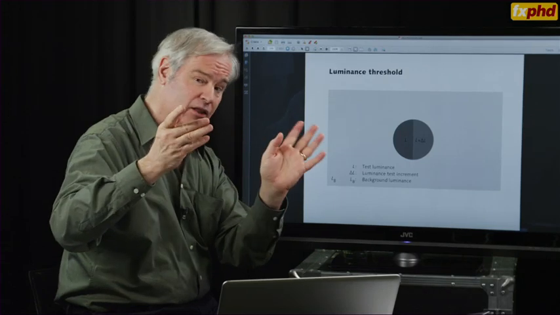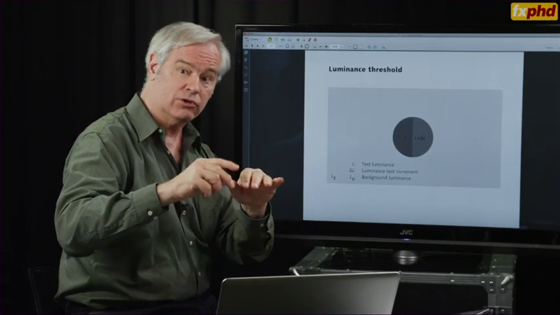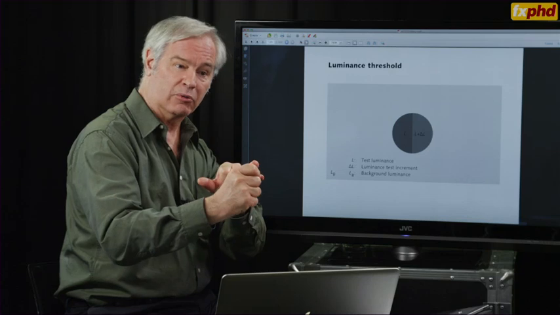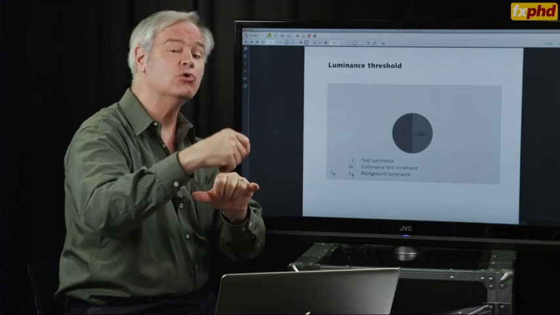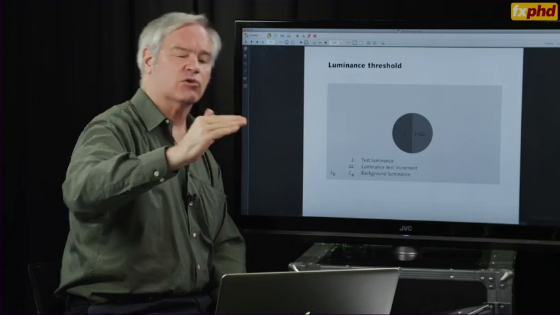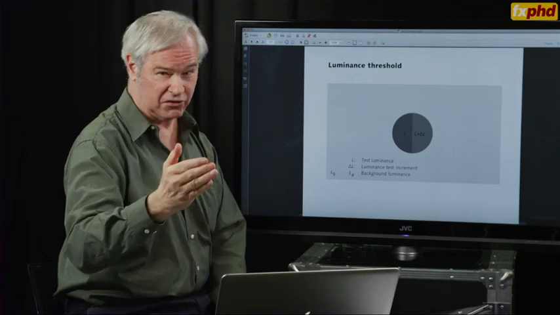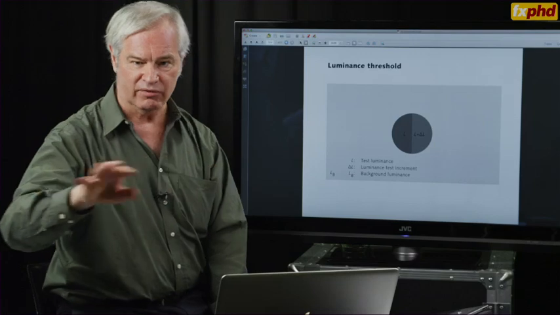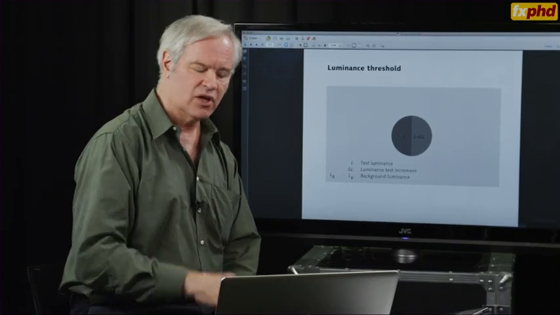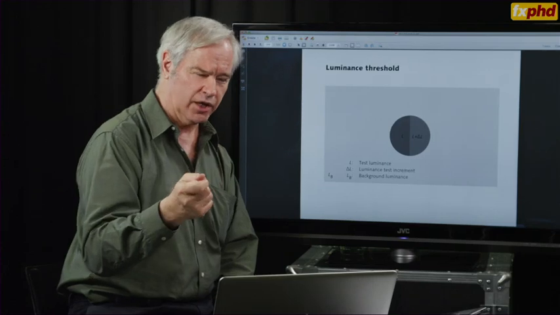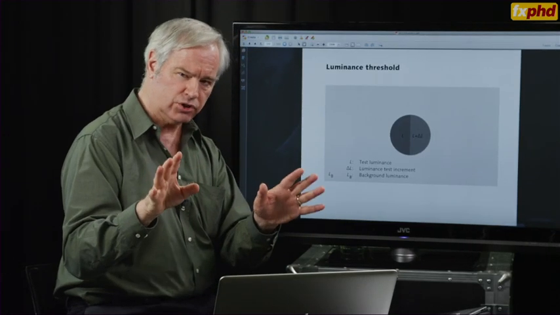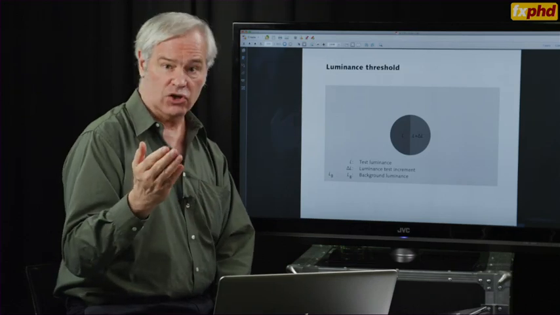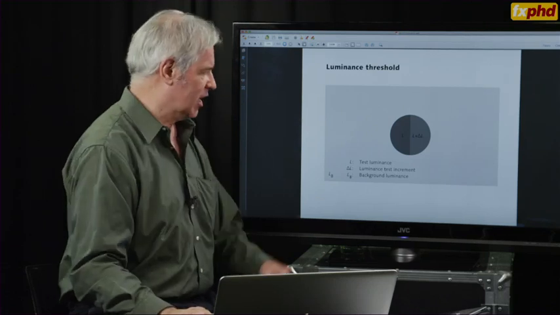And that's exactly the same place where you could think of taking delta L and starting at 0 and making it bigger and bigger and bigger until I just do notice. And whether you notice or not is really a statistical question. It can only be averaged across a number of observers or a number of experiments. There's no absolute hard line. We're just trying to get a general notion of where you can see the difference and where you can't. So you could call this the just noticeable difference, the JND.